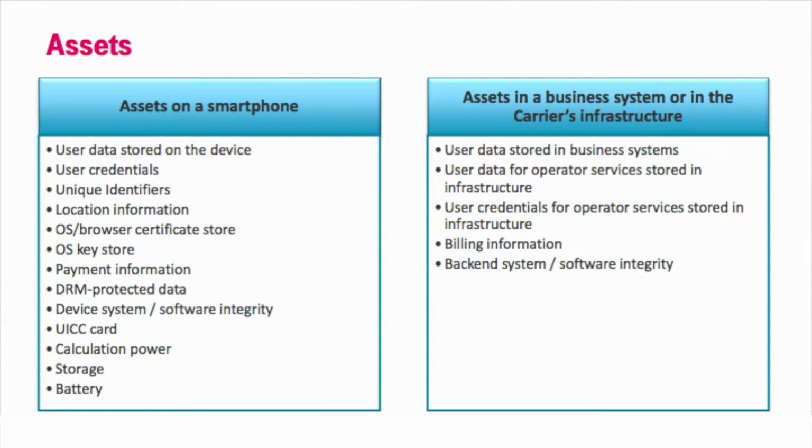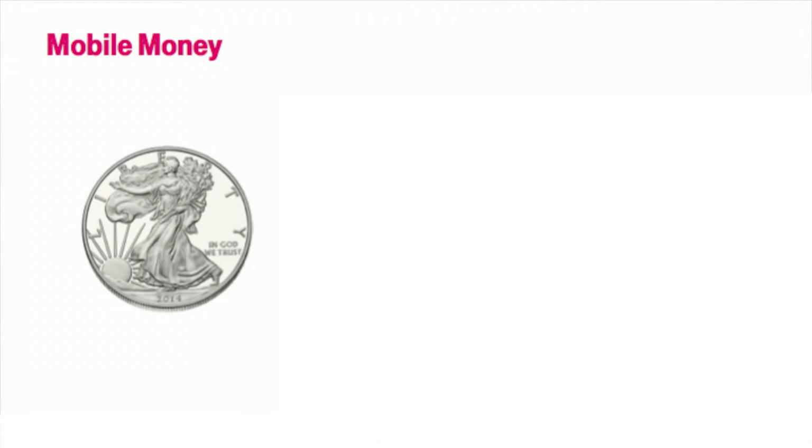So may not be all that significant compared to corporate intellectual property. You know, many different assets here, things like the UICC, or the UICC card, so the SIM card. Each of these, again, bring about additional opportunity for risk. So mobile money. A long time ago, this was mobile money, right? So silver has been around for a long time.